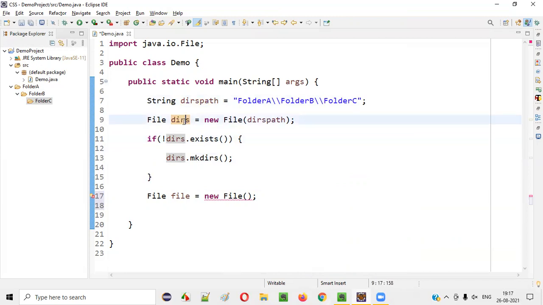So I'll be giving this dirs. Okay, this is a representation of the folder C, right? The complete folder path. So I'll give this dirs here. After that, I'll say comma. Now in the double quotes, I'll provide the name and extension of the file that needs to be created under the folder C. Say